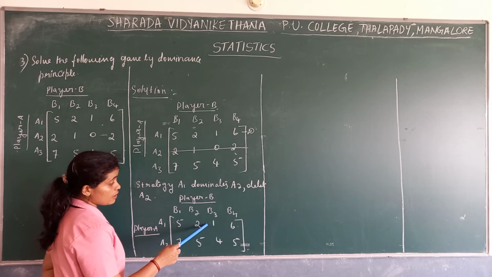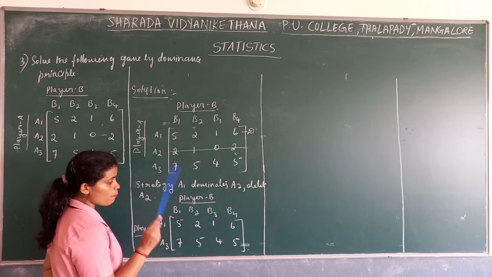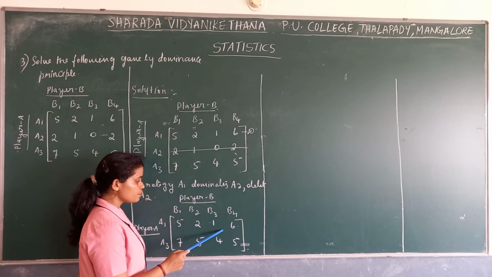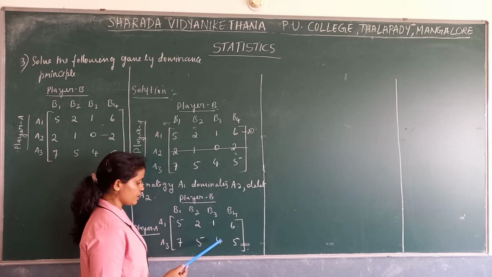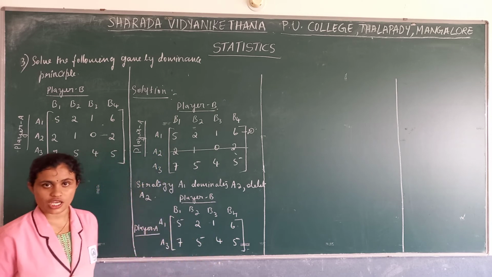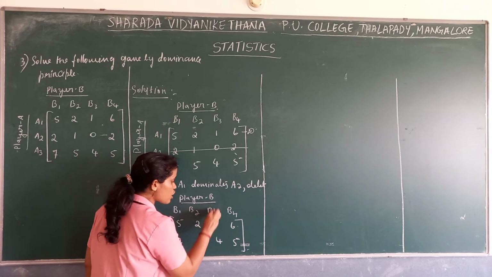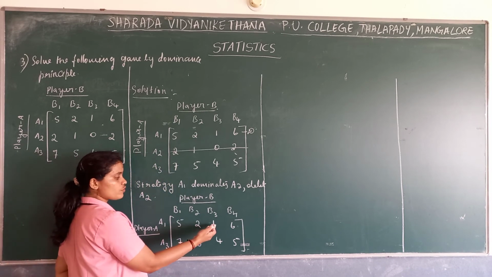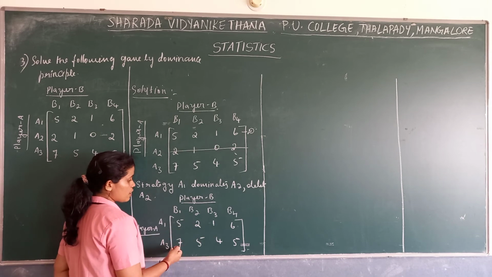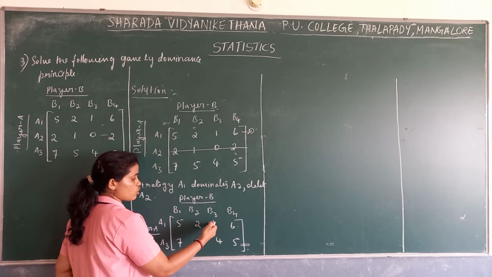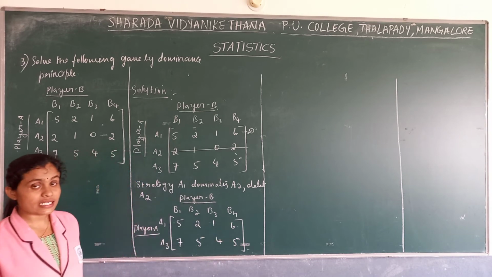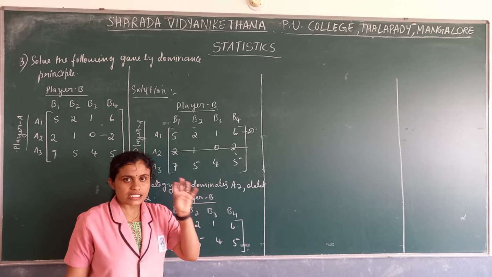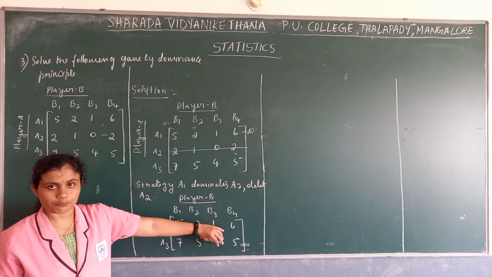Here you check, in the columns we get one column as the smallest, this B3. Check here, 1 is smaller than all these 3. Here 4 is smaller than all these 3. So easily we get one particular column as smallest compared with the others. Now if you want, you can compare the first column with the third column.